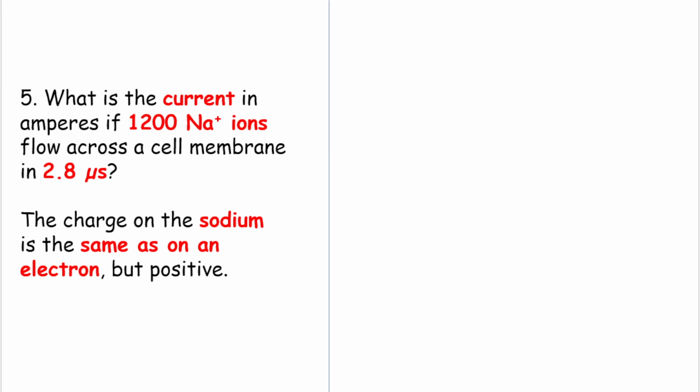What is the current in amperes if 1200 natrium plus ions flow across a cell membrane in 2.8 microseconds? The charge on the sodium is the same as on an electron but positive. So we have the charge of the one sodium, right? So I will have the charge